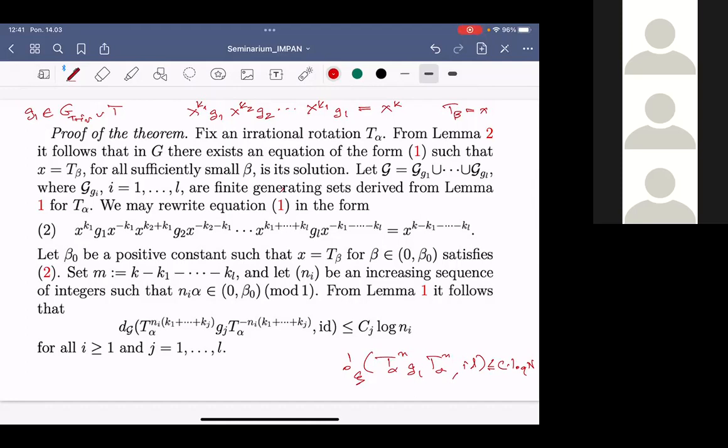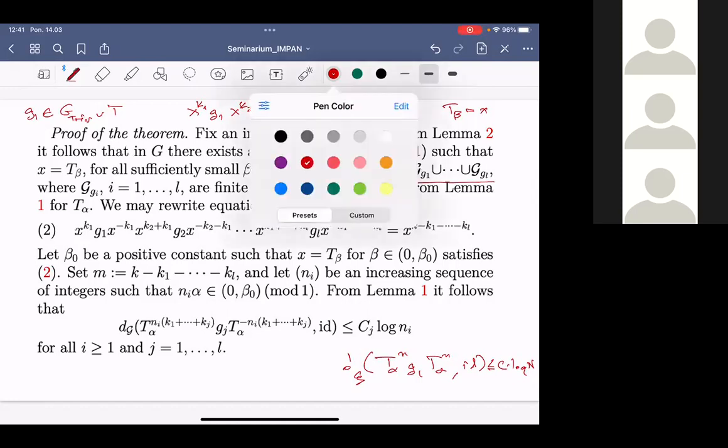So we take a generating set, which will again be a finite generating set G. And we know that for this generating set, we have these bounds on iterates of rotations with rotation number alpha. But we may rewrite equation 1, and now it will be